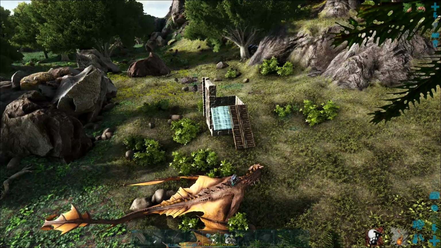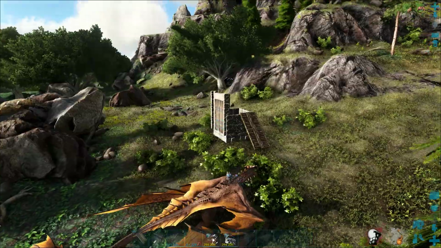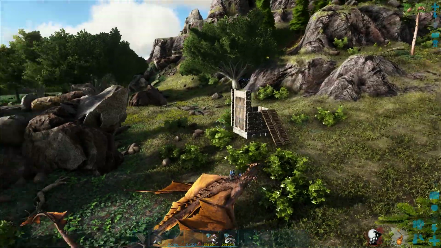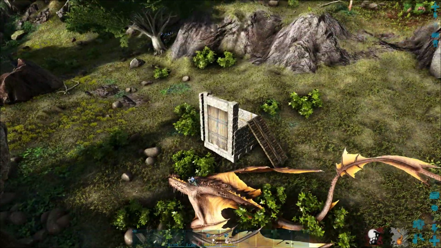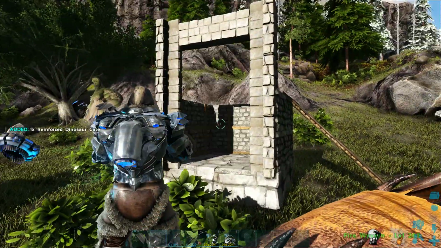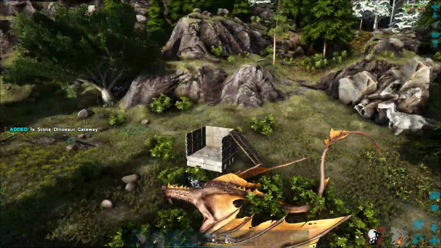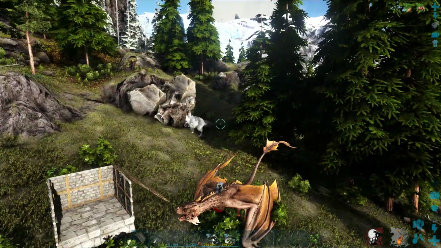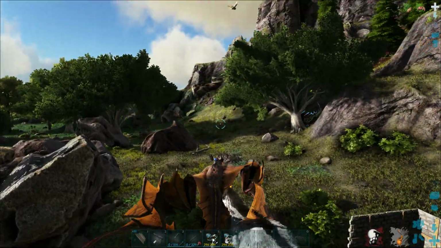Now, as you can see, this is a bit of a bug. It should not do that. It's not really allowing me to attach the ramp to the wall, and we actually need it there. So I'm going to pick up the gate and the gateway. I recommend that you place the ramps down first before you place the gateway. It doesn't always happen, but when it does, it is awfully annoying, and you don't really want to be wasting